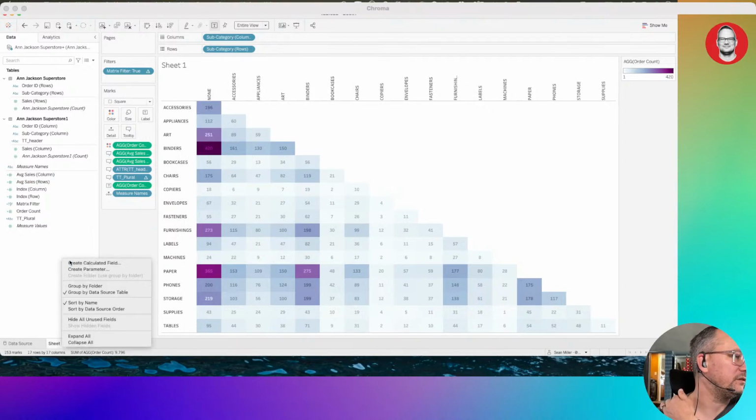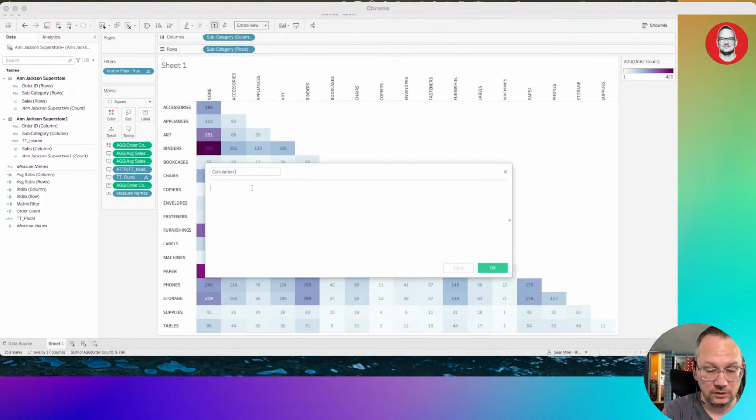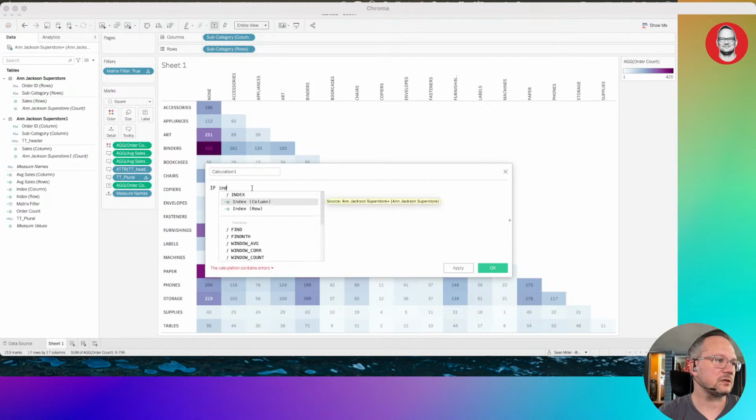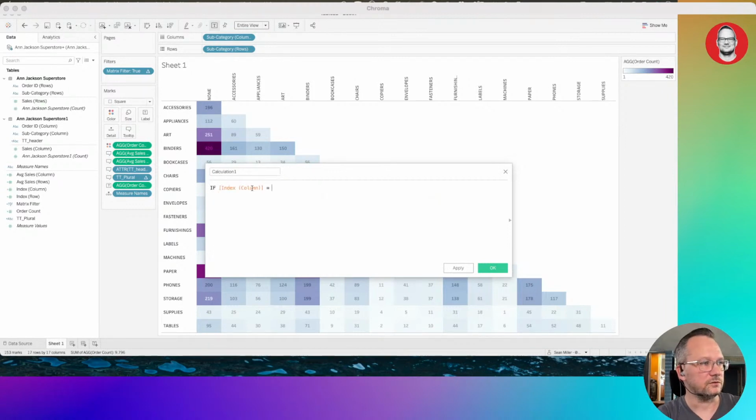So now I'm just going to use what I know works. So if index column equals 1, then null,